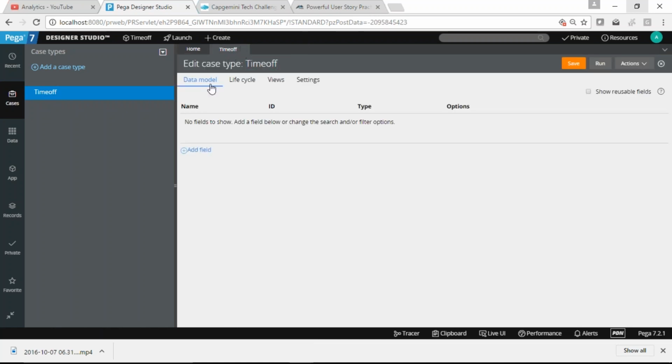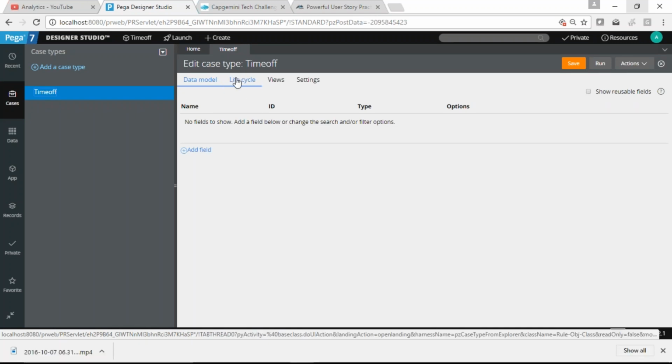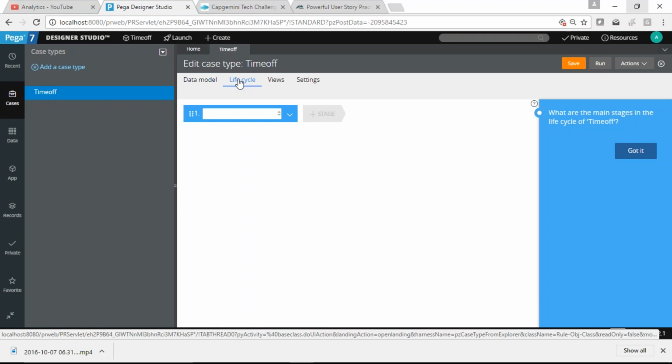It's already open, so we will close that. The data model we are going to cover in some other class. The main thing is the life cycle, where we give the representation of our case. If there is no case yet, it will show you a blue screen where you want to add.